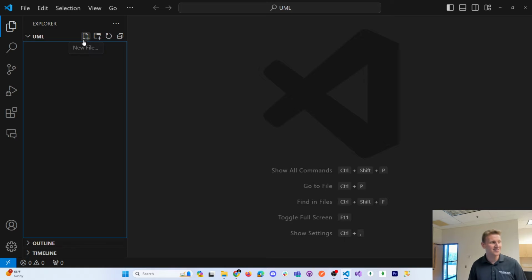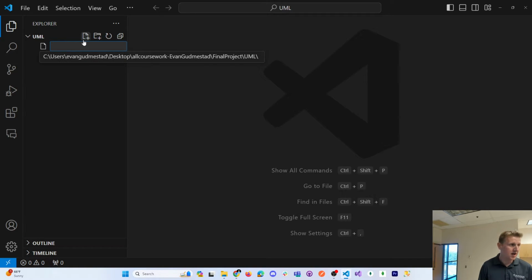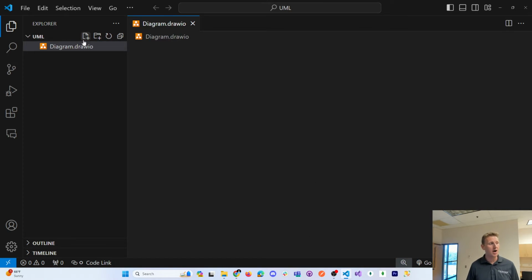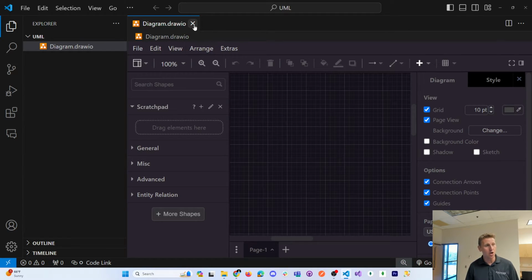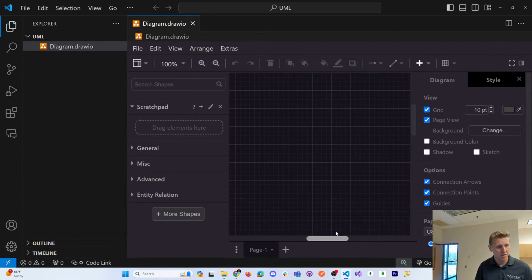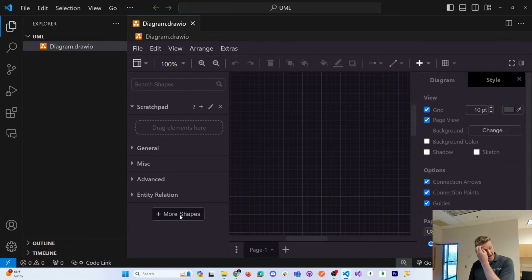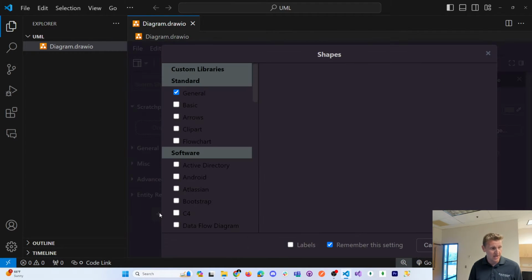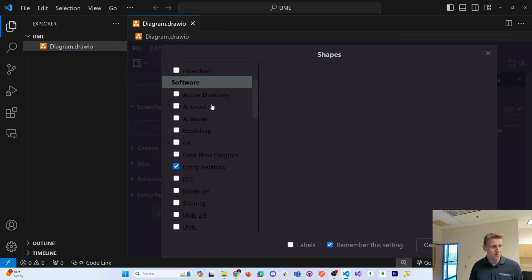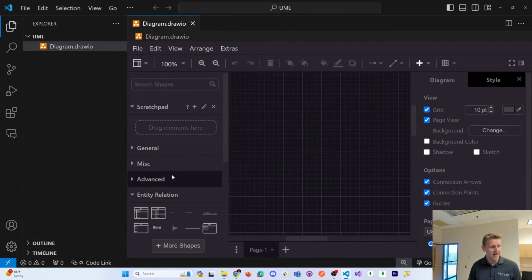It's an empty folder. Okay, to get started, I'm going to say diagram.drawIO. You have to have this extension of drawIO. And then you could see here, it'll open up this GUI for you to generate your diagram. Okay, so here is our drawIO template. Okay, and what I had to do is click on this more shapes and scroll down to under software and check this entity relation box and click apply. And that enables me to have all of these